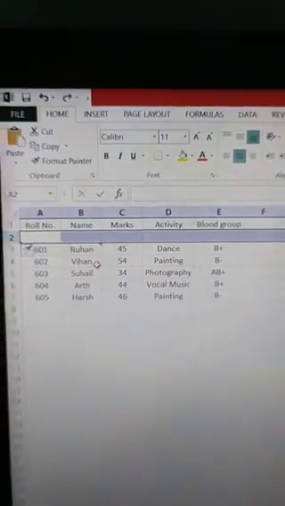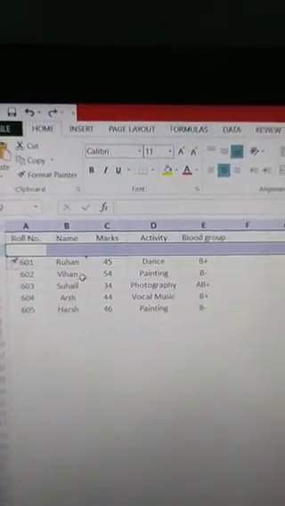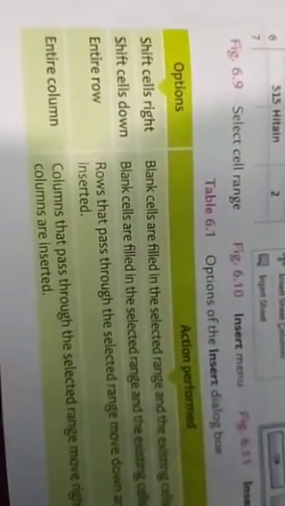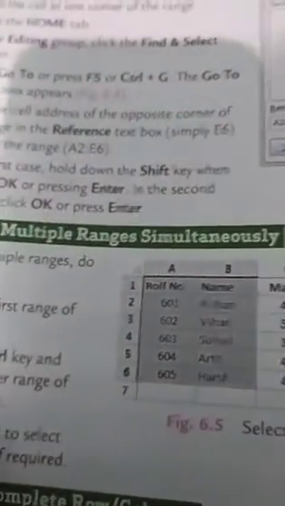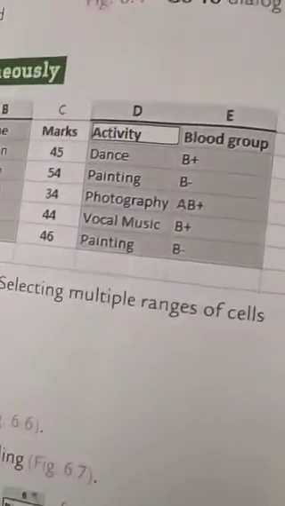What is the actual action performed with the options Shift cells right, Shift cells down, Entire row, Entire column? These are also important. What is the shortcut key for Go To? It is CTRL and G.